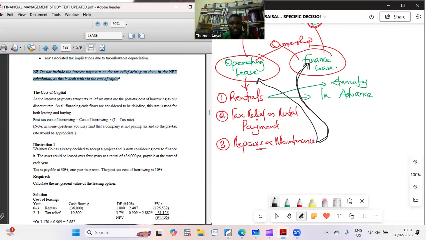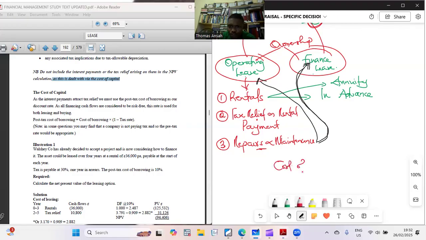All right, because here what we are looking at is the source of the finance. So there's nothing like interest. These are only your cash flow. All right, because those ones are dealt with inside the cost of capital. You know, the cost of capital is the interest, I mean the return on it. So the cost of capital, therefore,